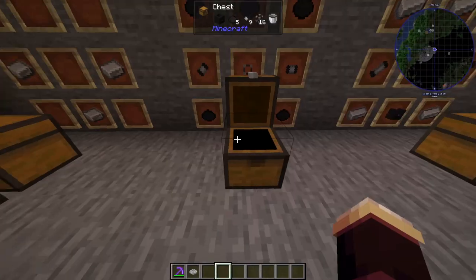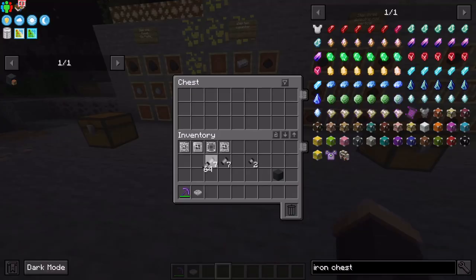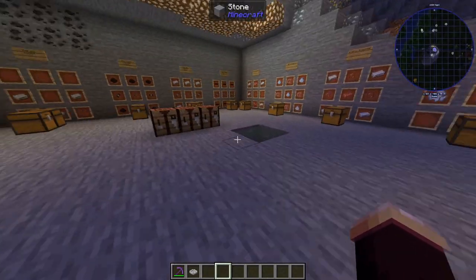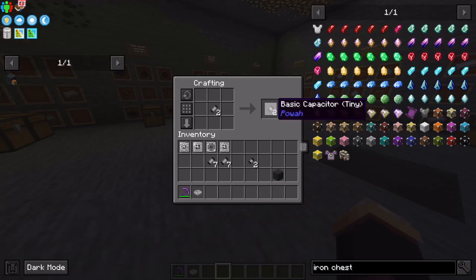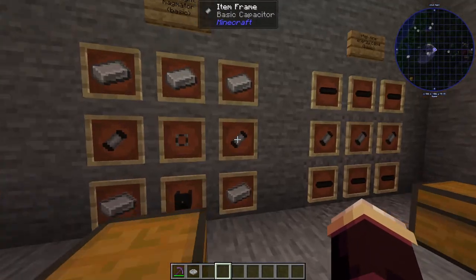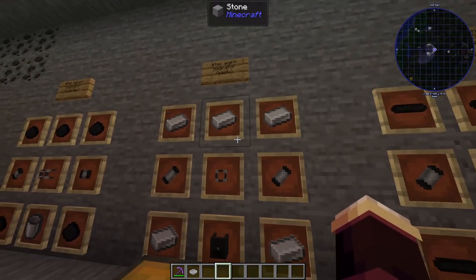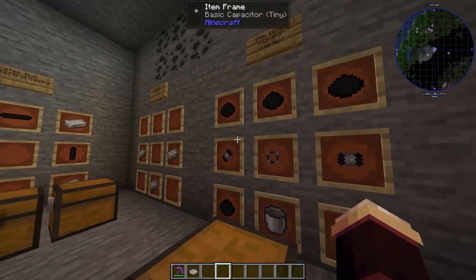But to turn the basic capacitor to tiny, you just put it in the crafting table. That's it. Boom. Now that we have tiny, we're good. Oh wait, sorry, wrong one. Here, basic capacitor,